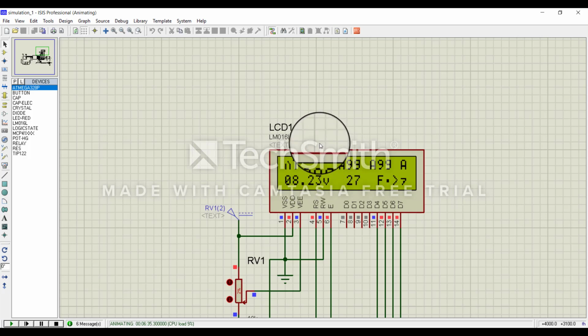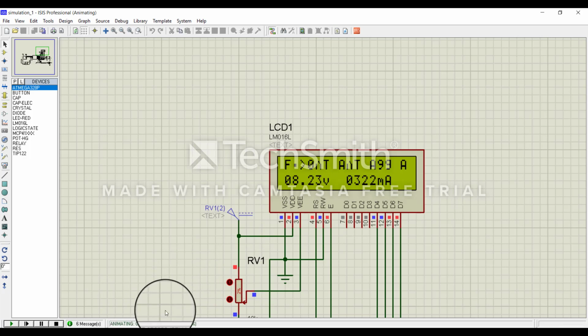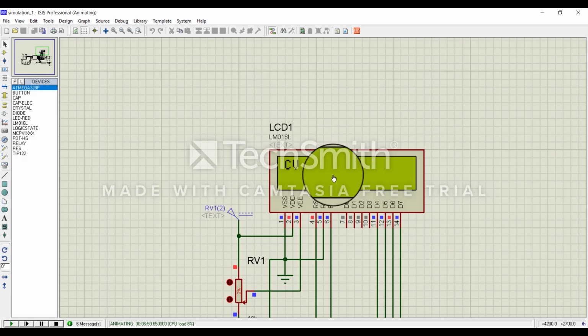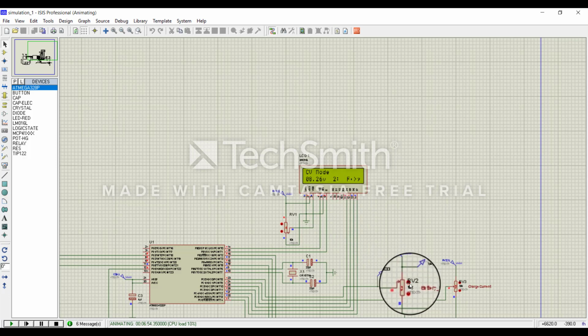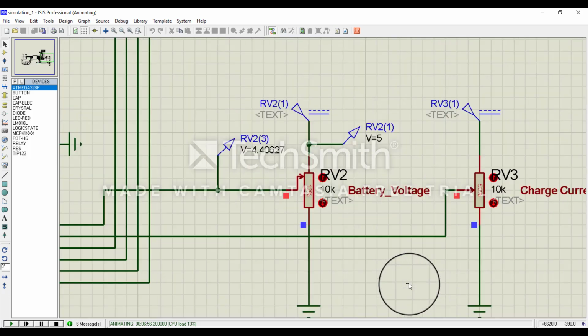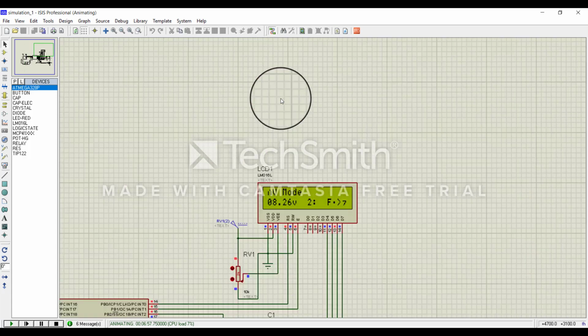Here the voltage levels are changing slowly because we are not running the simulation in real time. You can see the running frequency; I have reduced the running frequency of the simulation, and also it is taking averages of the voltages measured by the ADC, so it's taking quite a long time. So if we further increase the voltage, we can see.